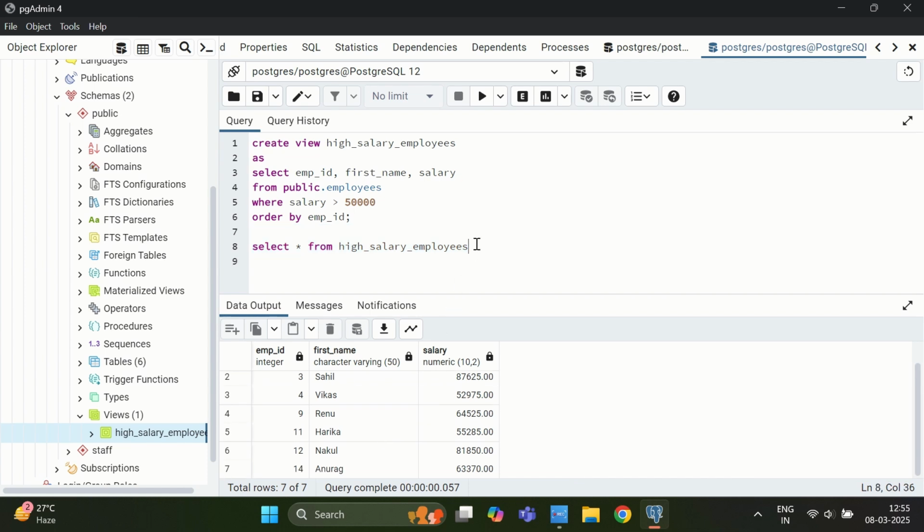If you want, you can apply a filter as well. Let me show you. I will write where, and suppose I have mentioned salary again should be greater than, suppose 60,000. Now what it will do, first it will execute the view, it will give us the records